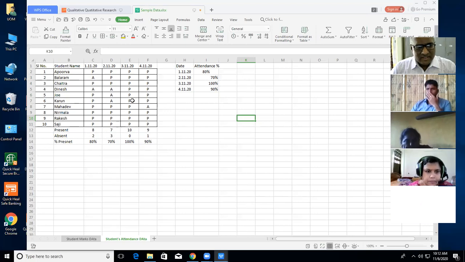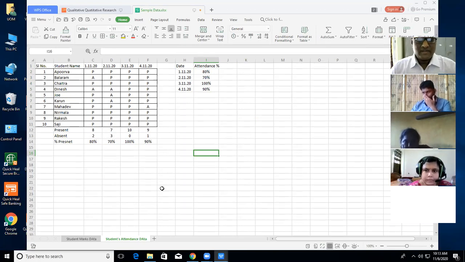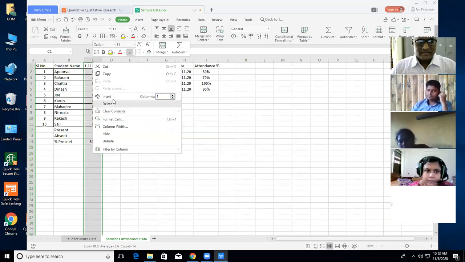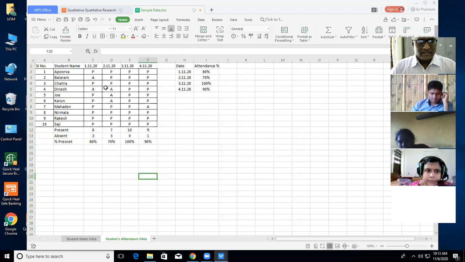Suppose this data we have collected, and what is the attendance we have collected? The attendance percentage. Attendance percentage is the total number of present divided by total number of absents. So this data, what we have collected regarding a phenomenon, it may be a mobile phone or it may be attendance of the student. Suppose what I do here, I